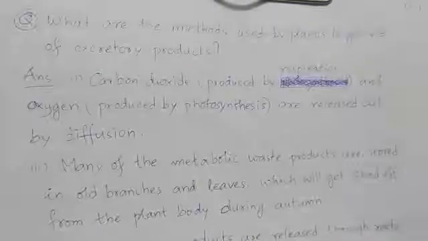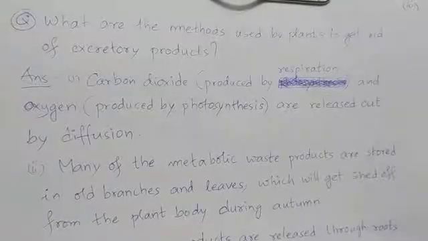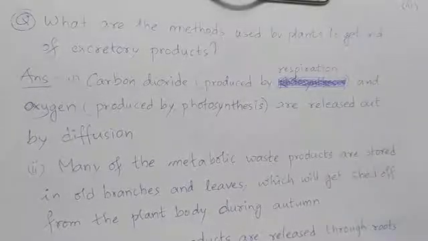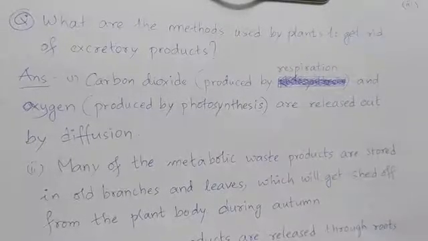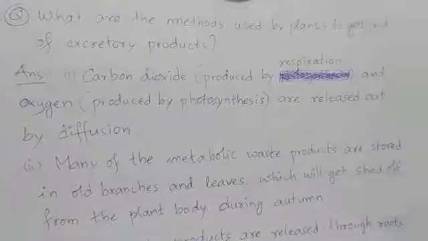Though carbon dioxide is used by photosynthesis and oxygen is used by respiration, for photosynthesis, oxygen is the excretory gas, and for respiration, carbon dioxide is the excretory gas in plants. These carbon dioxide and oxygen are released out by diffusion through the tiny pores in the